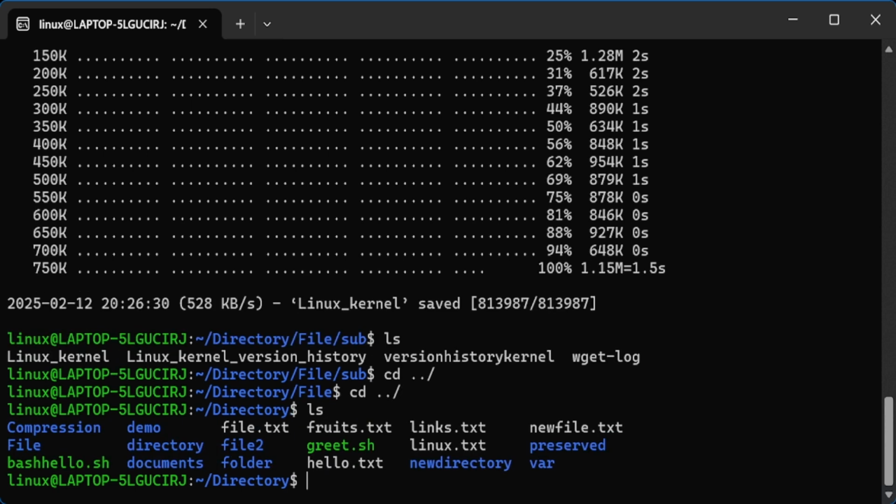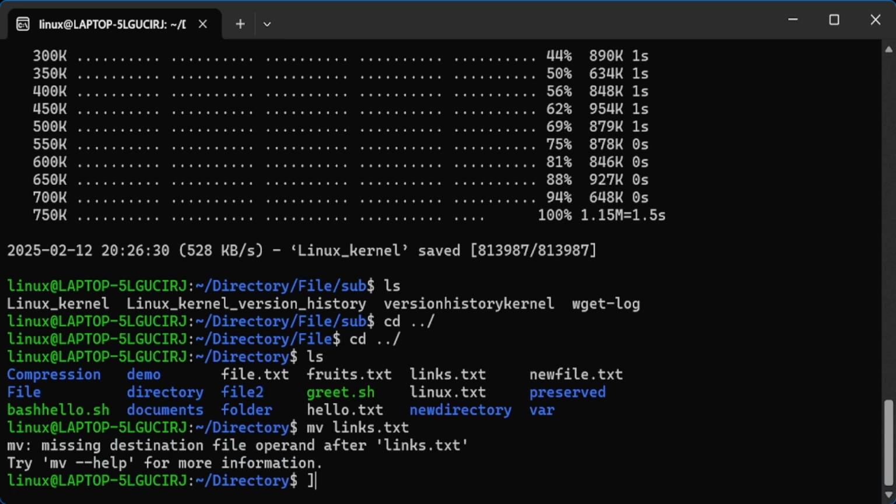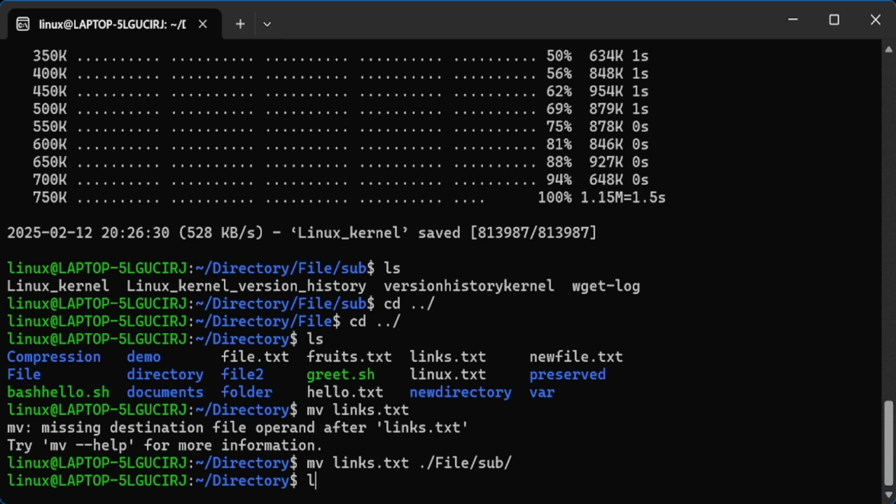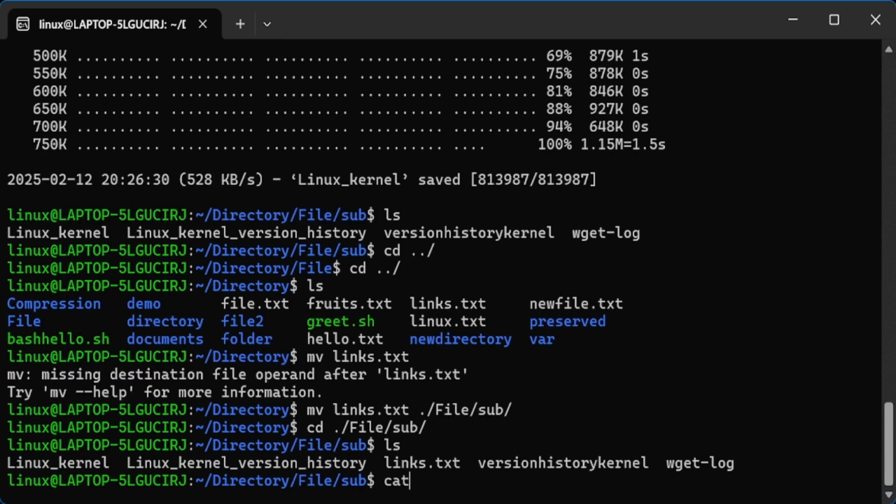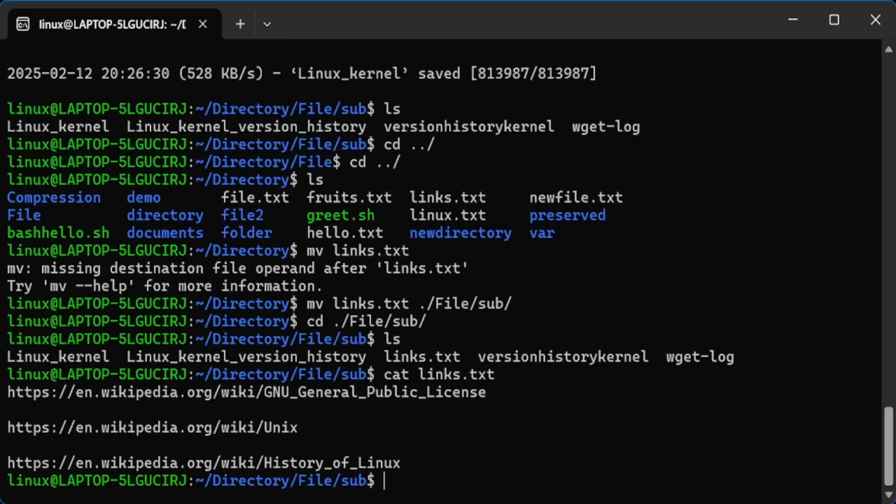Here I have stored this information in something called links, so we can move links.txt to this specific folder called sub, and let's move into sub and let's see our links.txt. As you can see, there are three different resources which are mentioned here, uniform resource locators,